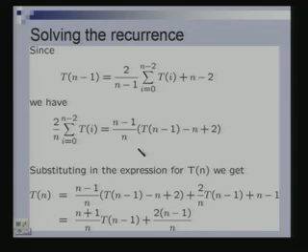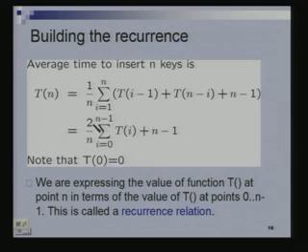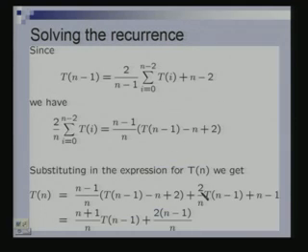And now what is left with me? T of n minus 1. n minus 1 is left, T of n minus 1, 2 over n into T of n minus 1 plus n minus 1. So, 2 over n of T of n minus 1 plus n minus 1, right. And then I just did some rearrangement. So, I look at T of n minus 1. It is n minus 1 over n here and 2 over n here. So, that makes it n plus 1 over n, and this is n minus 1 over n into n.